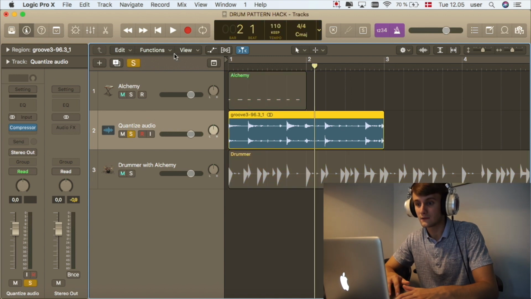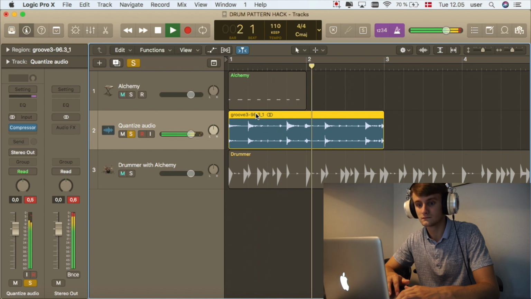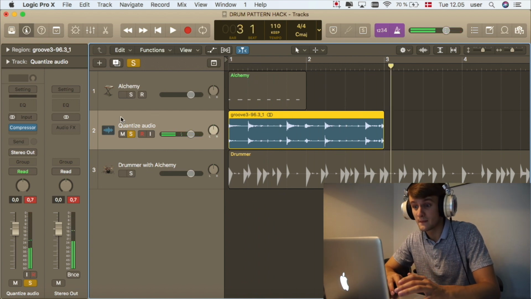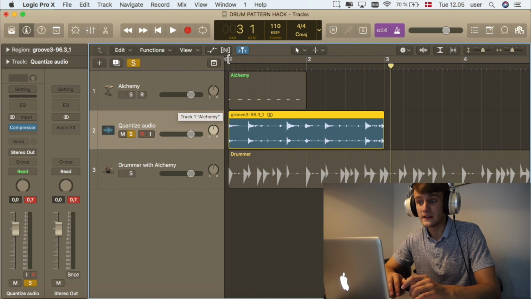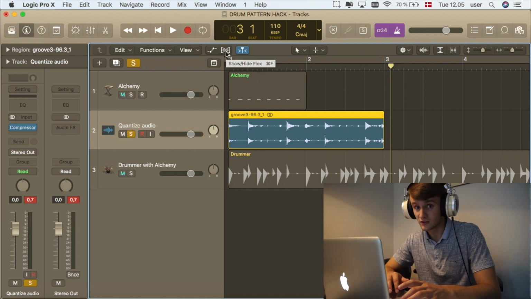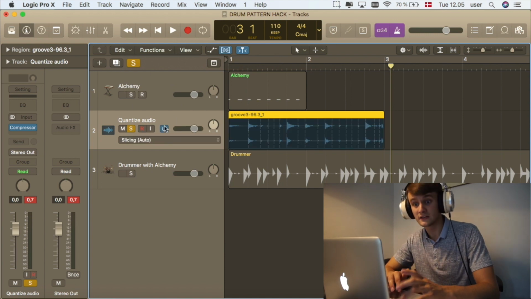So if we have this. As you can hear, this drum loop is a bit off. It's not completely tight. But what we can do is use the Flex tool in Logic to make this completely tight. So if we go in here, press the Flex button and enable Flex on this track,